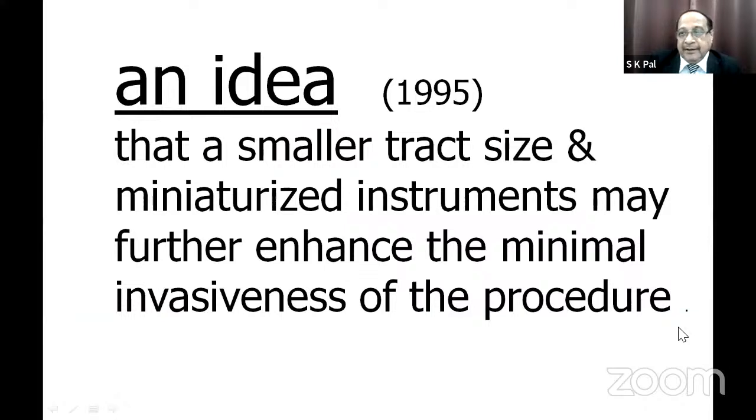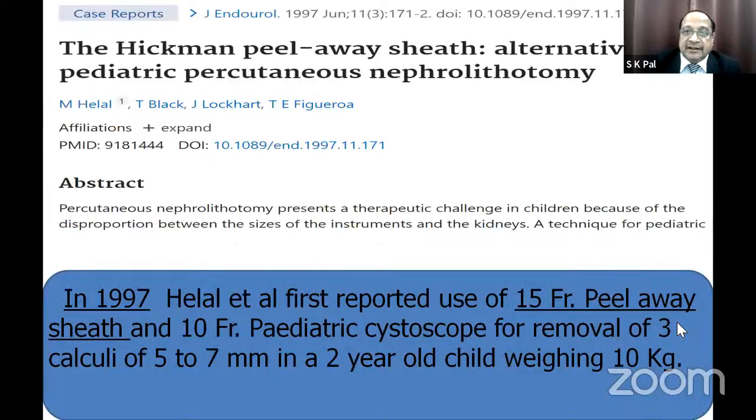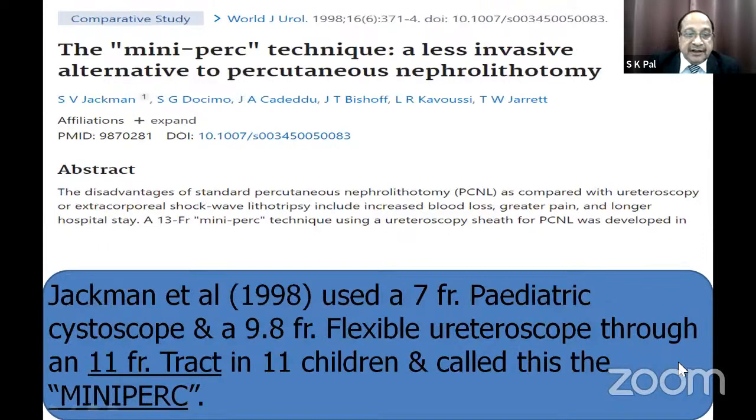So this was happening. In 1995, this idea was mooted that if we miniaturize the instrument size and the tract, probably the invasiveness of the procedure will also reduce. And then this started appearing in literature. In 97, Halal used a pediatric cystoscope and a 15 French peel-away sheath, and he could remove a stone from a child 2 years old. In 1998, Jackman published, and he used the same pediatric cystoscope and a 9.8 French flexible